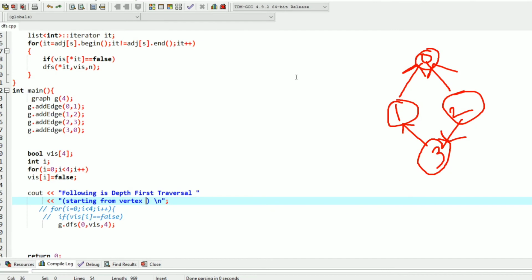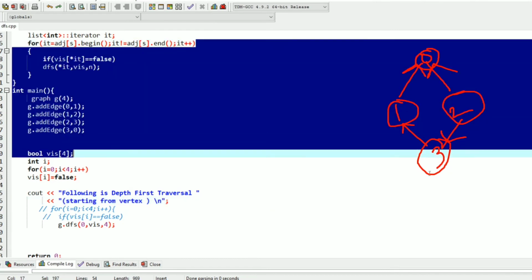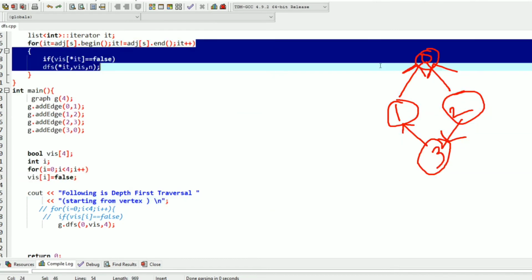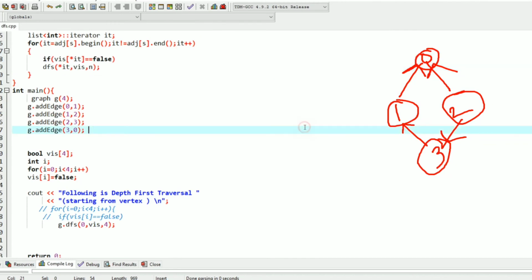Okay. So suppose our input is a directed graph. We have done DFS of an undirected graph, but now suppose there is a directed graph. This is a simple graph, and we need to print DFS of this graph. Suppose our starting vertex is 0.